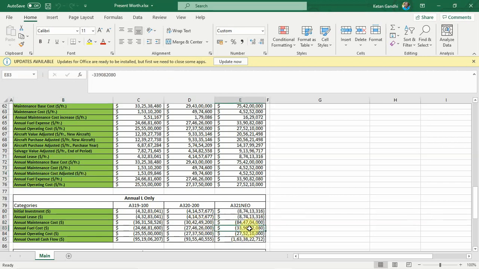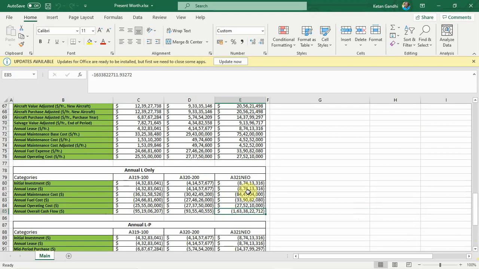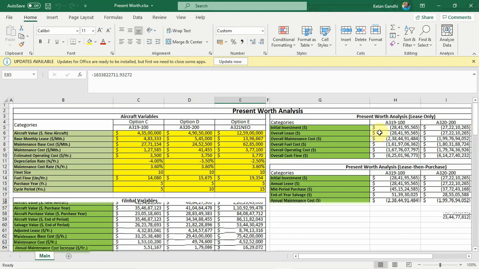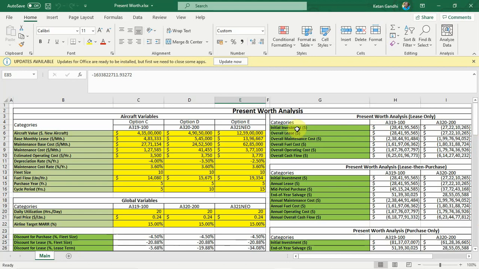And then we have annual fuel cost, this is what we've taken from here. And then we have annual operating cost, we have taken it from here, which is calculated. And then we have the annual overall cash flow, this is the sum of all the figures. So this is the annual lease, where these parameters are taken into consideration, and we'll use these same parameters out here when we calculate the present worth analysis. Same parameters will be used for the lease only, the same way for the lease and purchase,